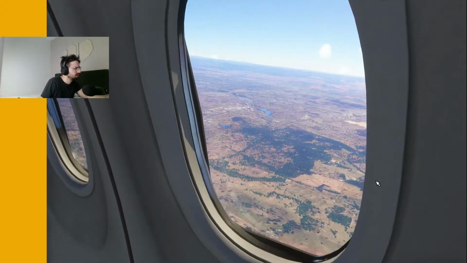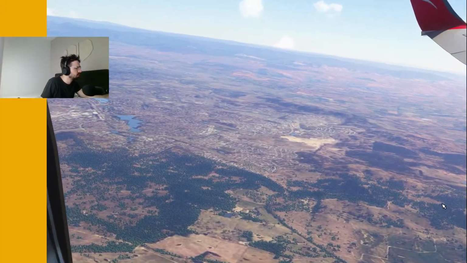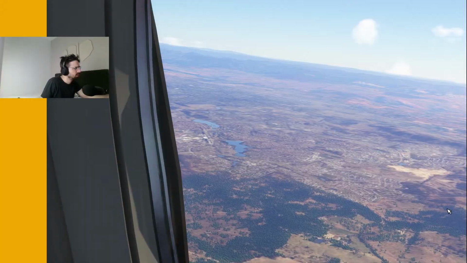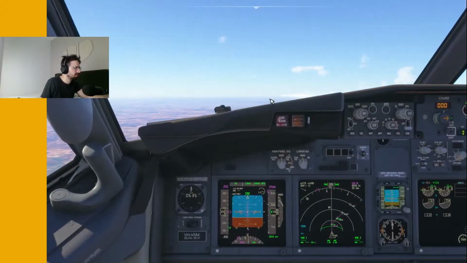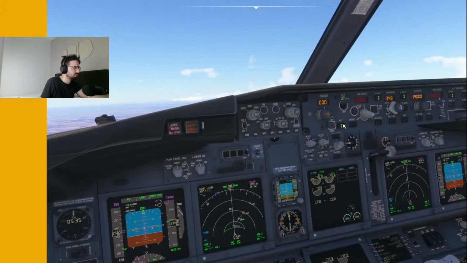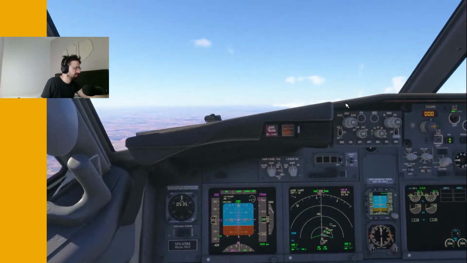I remember they do this flight in real life with the Dash 8. Not with the 737, but whatever. Looks quite a big city to me. I'm quite curious. Of course, it's the capital of Australia, if you don't know. But yeah,